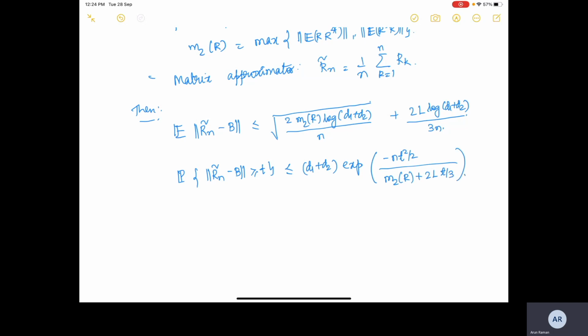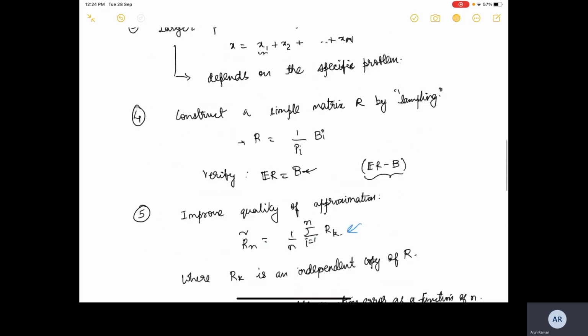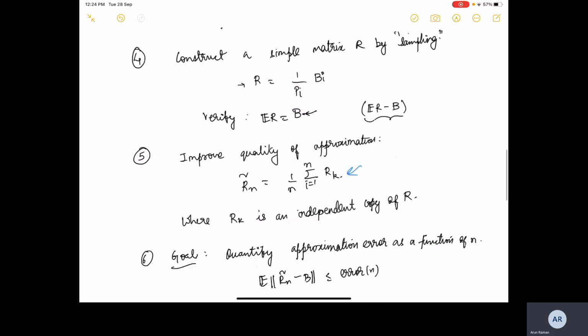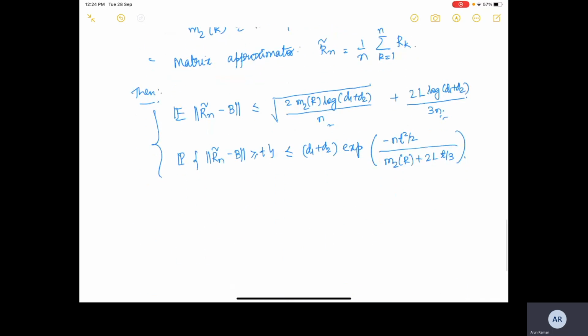Okay, so these results look very similar to the Bernstein inequality. We just have n and 3n here additionally. If we look at the Bernstein inequality, this is the variance statistic. There we have M2R divided by n, and here also we have n. Apart from that, it looks very similar to the Bernstein inequality. So the proof we already know, because it looks so similar. The last step is applying the Bernstein inequality.